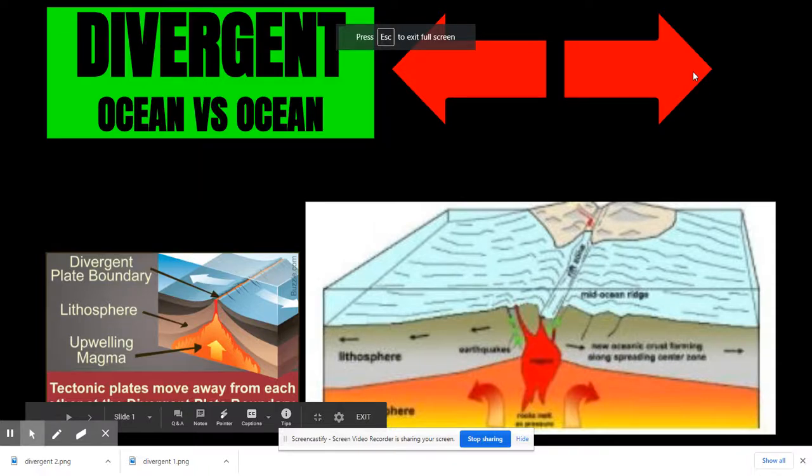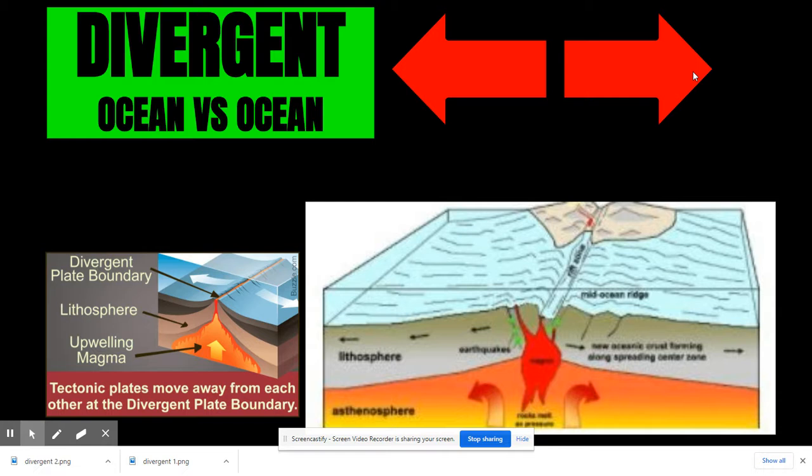Morning, guys. So today we're going to be talking about divergent boundaries. So remember, last on Tuesday, our conversation centered around convergent boundaries, where two plates are colliding with one another. And remember, there are three types of those convergent boundaries, depending on what types of crust are colliding. Today, we're going to talk about divergent boundaries, and I'm going to go ahead and split it up as ocean